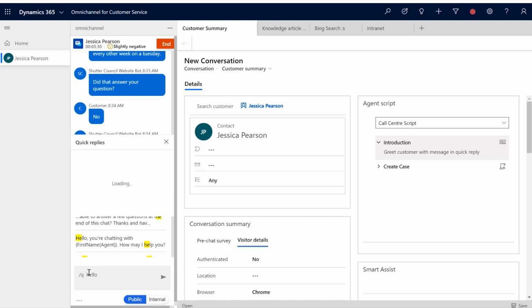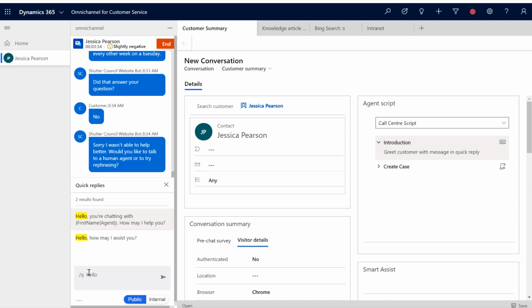So if I put #Q, hello, it searches the list of quick replies I've created for where we've actually said hello. As you can see, we can include what's also known as slugs. Slugs basically is a placeholder for text that is included in Dynamics.